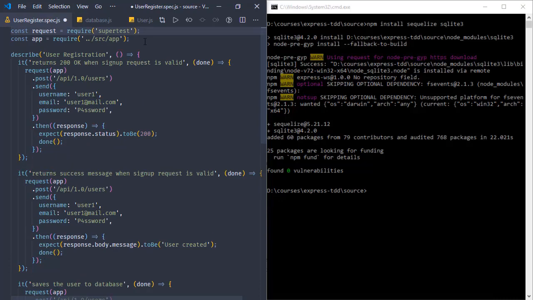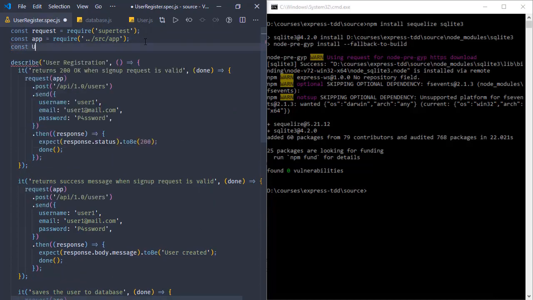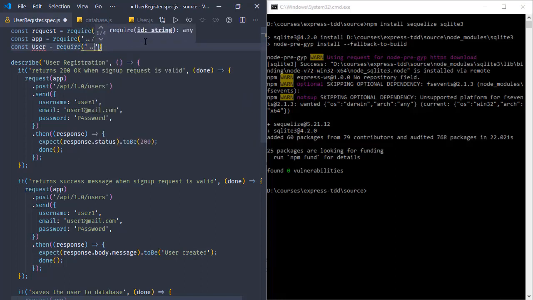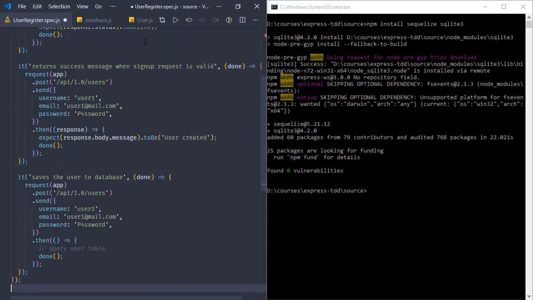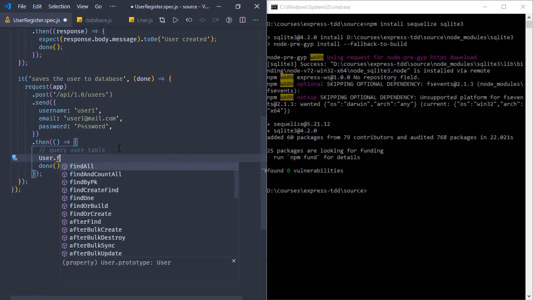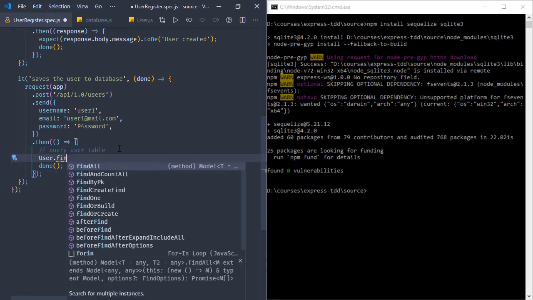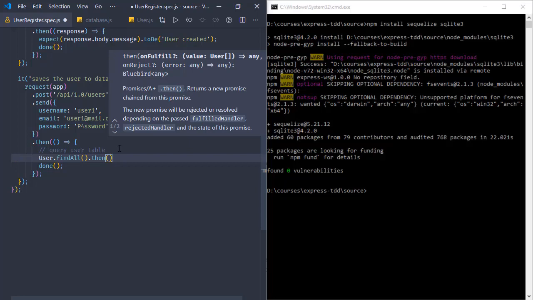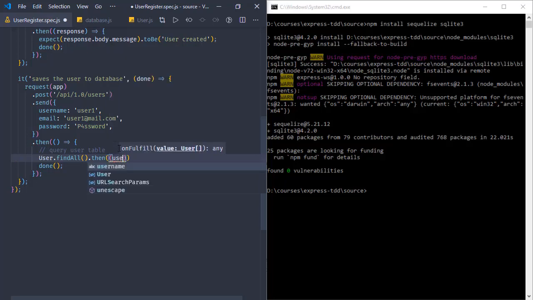So what we are going to do is import the user model to this test module. It's under src user. So here we will run user. There are built-in functionalities like find all, find one. This time let's find all. Let's run find all. Again, this is an asynchronous function, so we will get the result with the then function, and it will be providing us the user list,